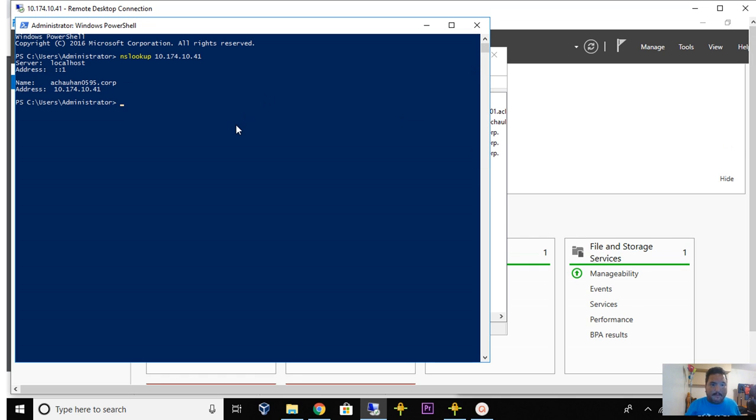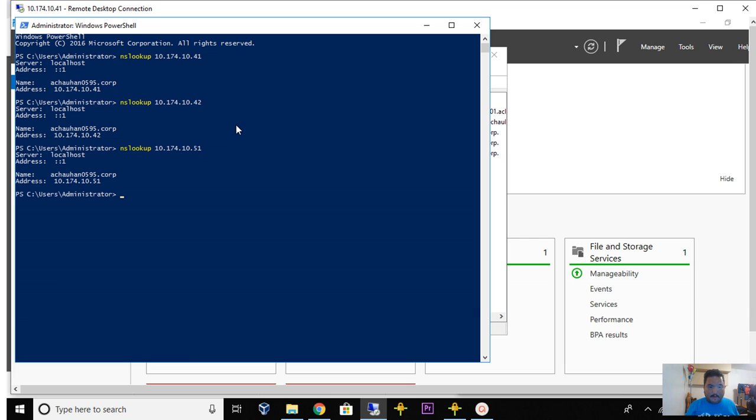That means our zone is working fine. And if we go to 42, yep, it's showing. Go to 51, it's showing. Let's make an example, let's do 63 just for an instance, and it shows an error that it cannot find it, it's non-existing. So this was the benefit of the zone we created,